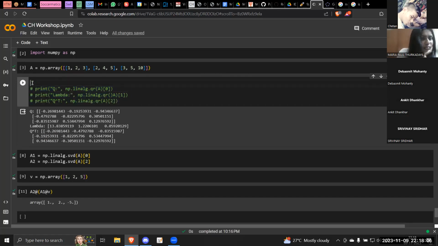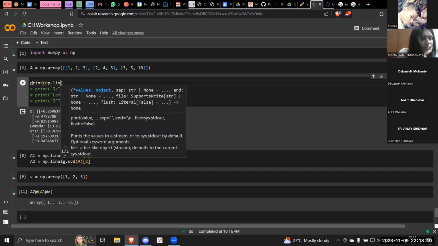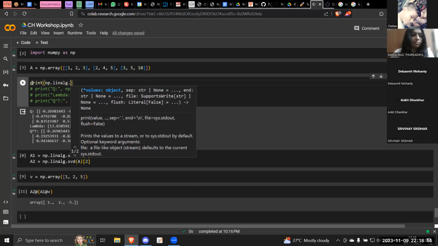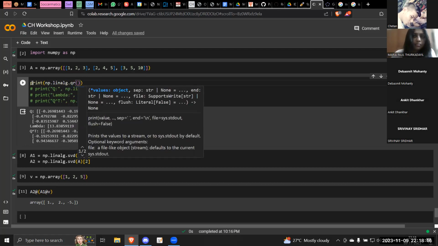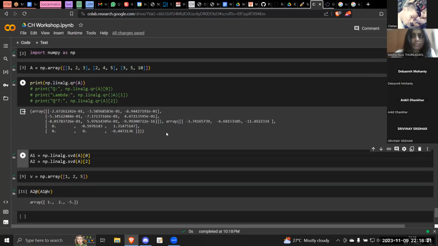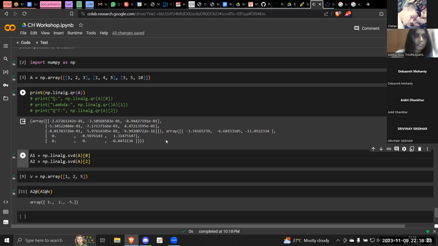So it's almost like, as a data scientist, we have multiple tools in our hand. Depending on whether you want to drill a hole, then you will take the drill. If you want to put a nail on the wall, then you'll take the hammer, right? QR decomposition is having between